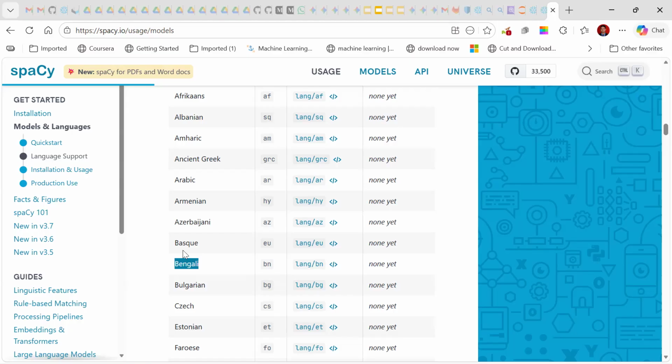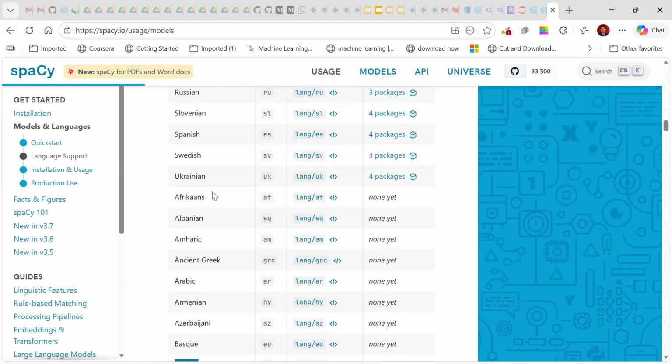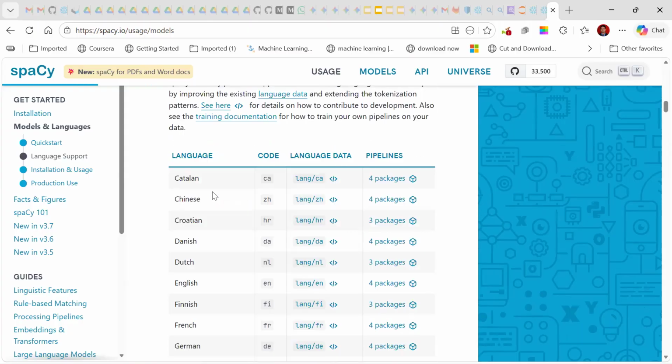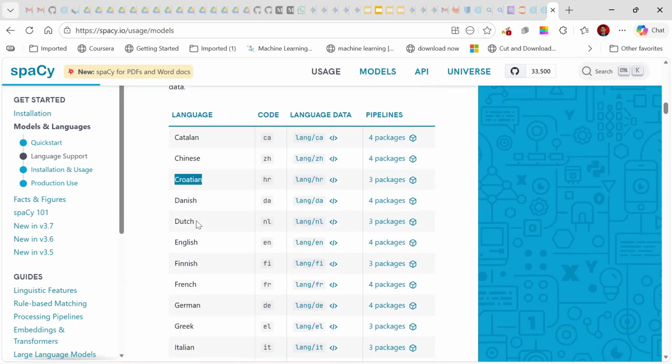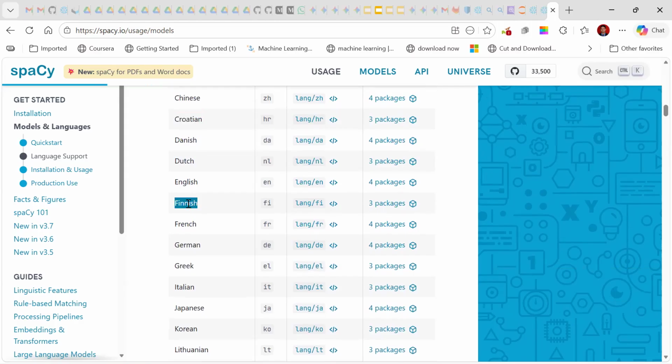Maybe some languages are not available because the developers were not there. I see some languages I never heard of. Some of the Indian languages I never heard about. I don't know what Catalan or Croatian is. Finnish, a language is there. I'm hearing about it for the first time. Because there are so many languages, but that is developer specific only. The language support is basically the particular language